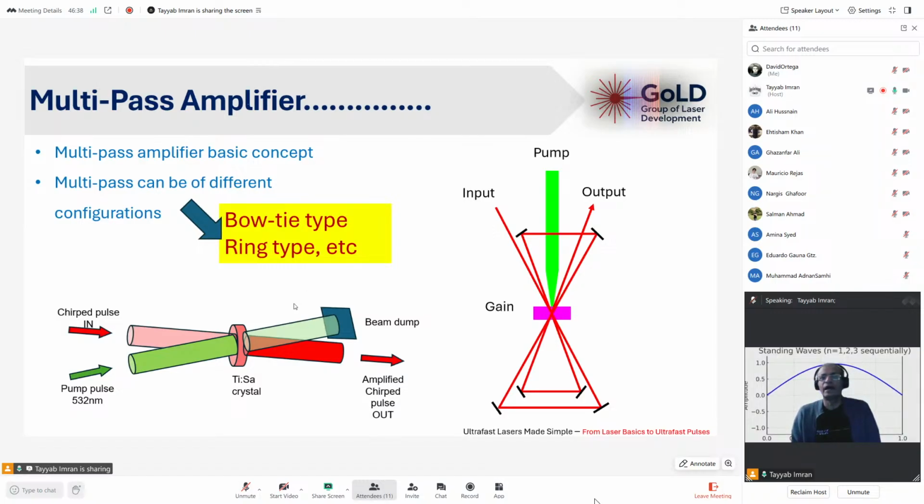Okay, and this one, it depends. Some amplifier configurations have advantages over the other kinds of amplifier technique or configuration. So if you see here,